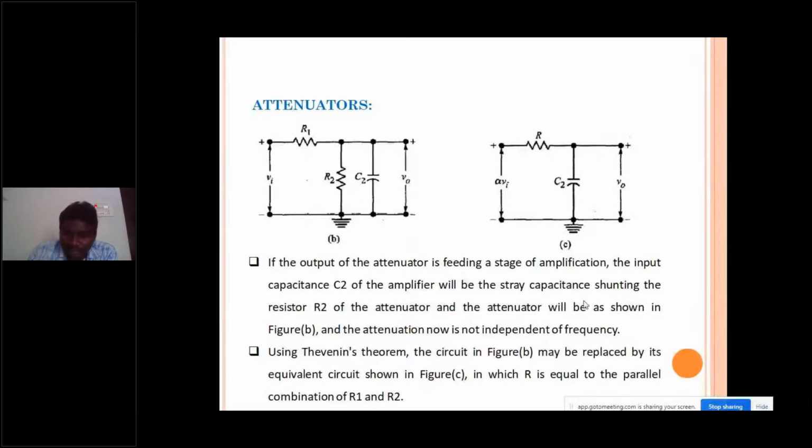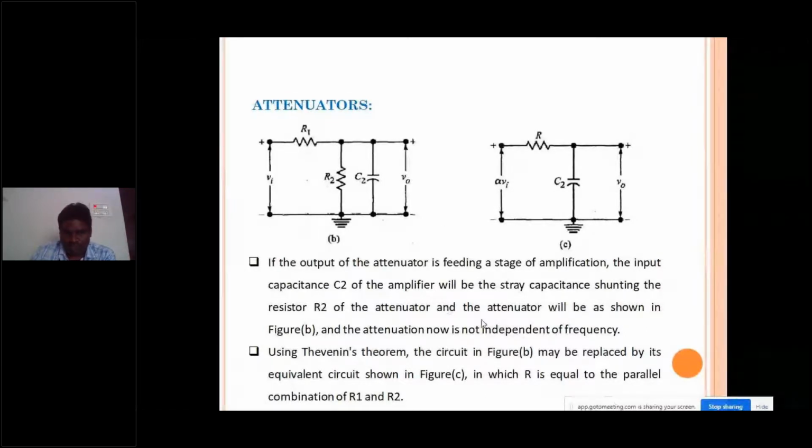So what will happen if we consider this stray capacitance? Already this C2 is called a stray capacitance. We are showing it in our circuit. This is actually not a connected component. This is a default existing capacitance, which we can call a stray capacitance. So there exists an impact. There exists some variation in the output because of this stray capacitance, which needs to be nullified, reduced, and compensated.